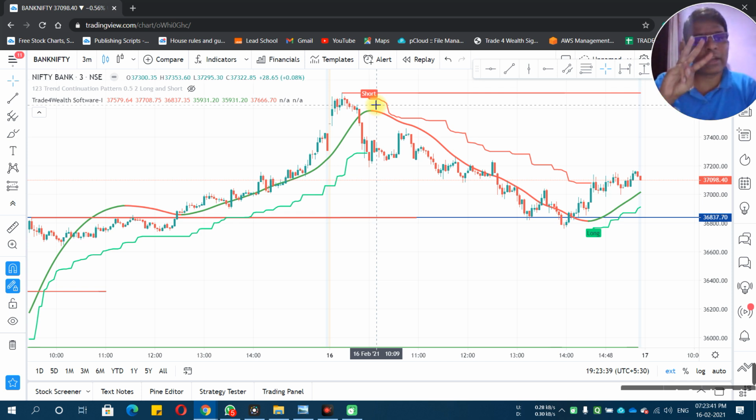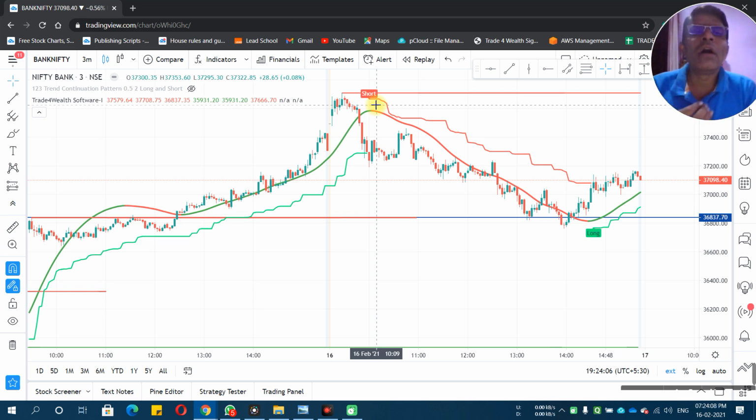Third thing, for this entire package I'm charging rupees 3000. In 3000 you are getting the 3 softwares, as well as daily I am providing 2 to 3 calls. With just those 2 to 3 calls, your monthly subscription is easily recovered. Daily I am giving the bank nifty options calls, daily I am giving the cash equity calls, daily I am giving the stock options calls also. Is that clear? And chart analysis also, and daily in the live market I am updating all the things also.